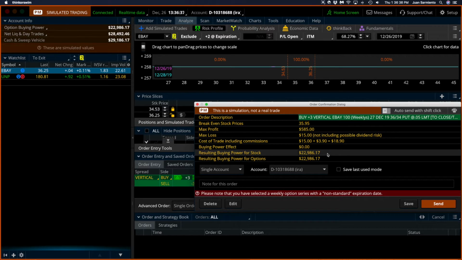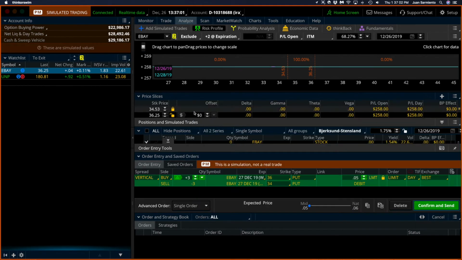If I don't do anything and it closes at the end of the day above 36, then I don't have to put this additional $18.50. However, that's a risk you take because it's very possible that it will close below 36 and then all hell will break loose. So to avoid that, you can send this closing of the trade, or you can do